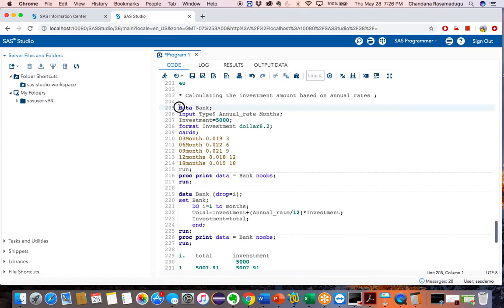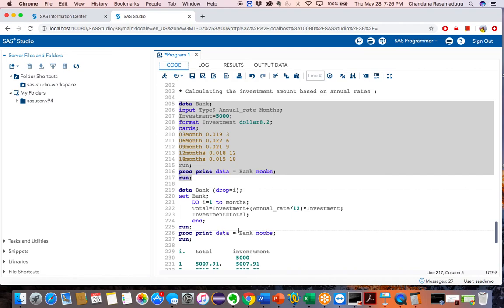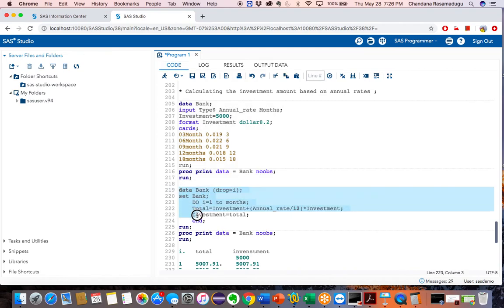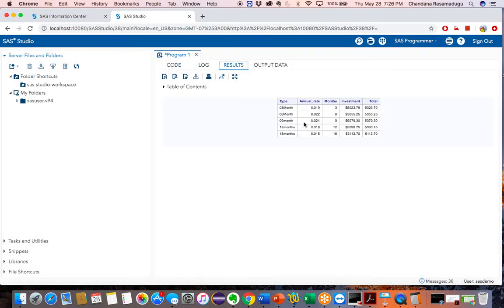Now I'm creating a data set with this. Now I am doing this looping to get the investment values. See, now what did I get for the third month?